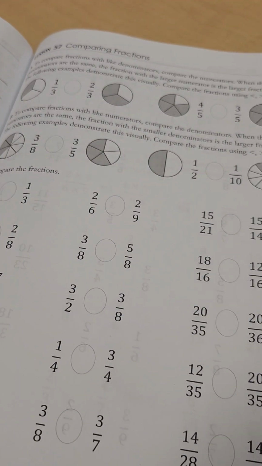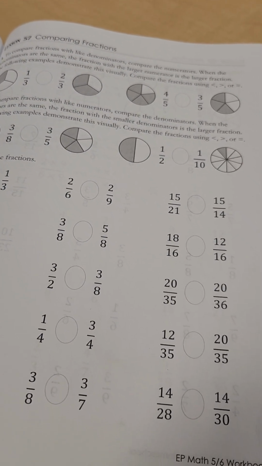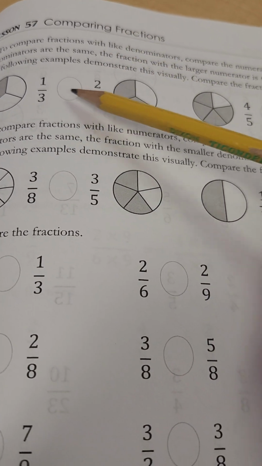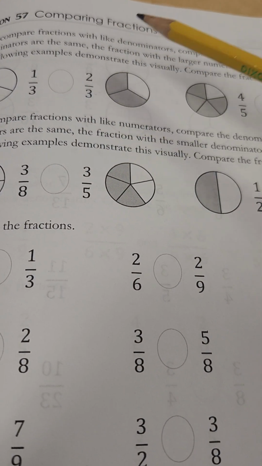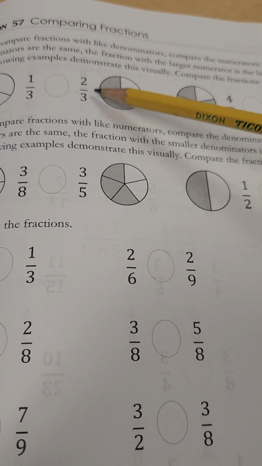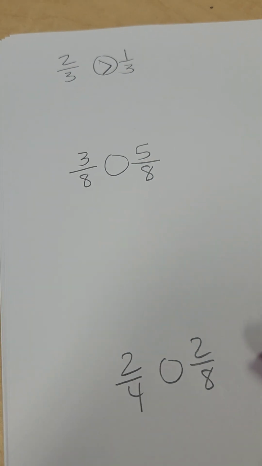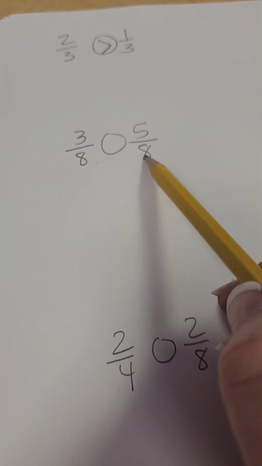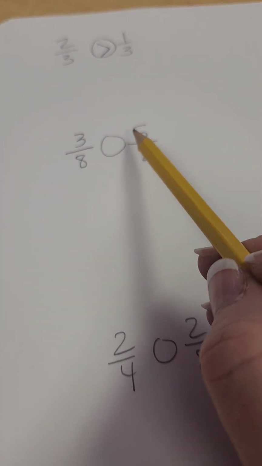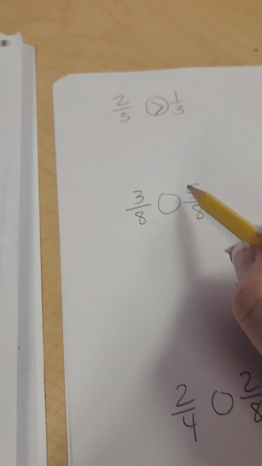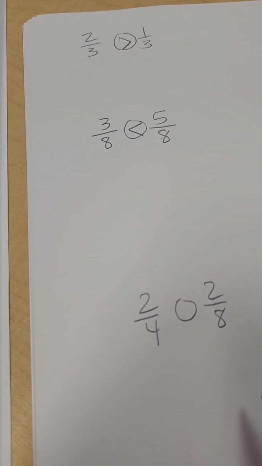Okay, comparing fractions. To compare fractions, I need to make them equivalent, because I need to compare them with the bottom denominators the same. 1/3 and 2/3, obviously 2/3 is bigger. When the bottom numbers are the same, it's easy to tell. If I have 3/8 or 5/8, obviously 5/8 is bigger. But when I don't have the same number on the bottom,